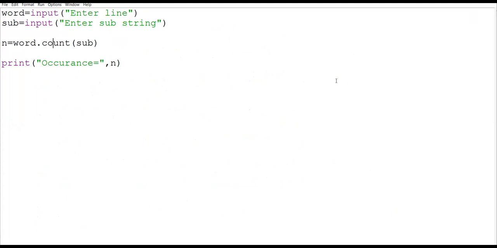If you don't want to use this function, in that case you can use the split function. Actually, I was expecting the split function, that was another method. You will get a list, then you have to traverse the list and check every word. Like that also you can do, but count was given directly, so you can use count also.